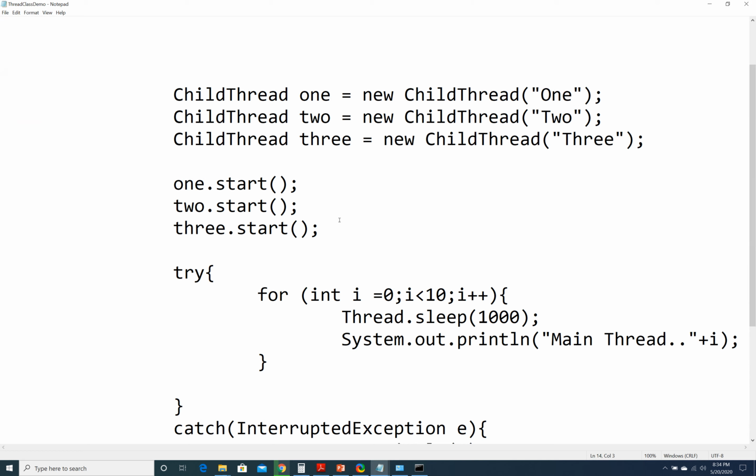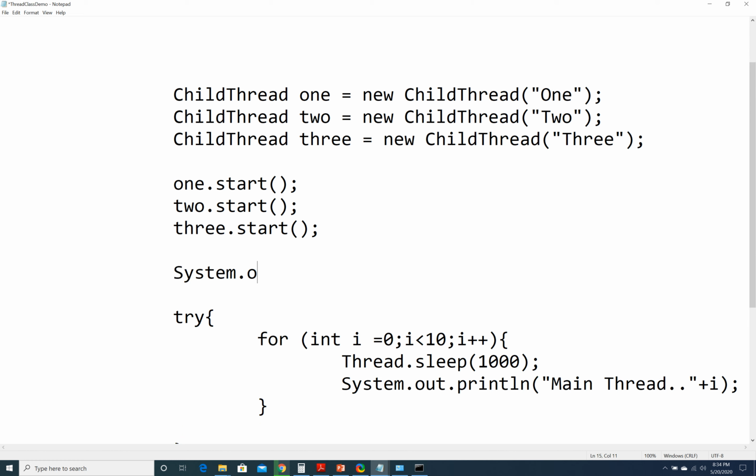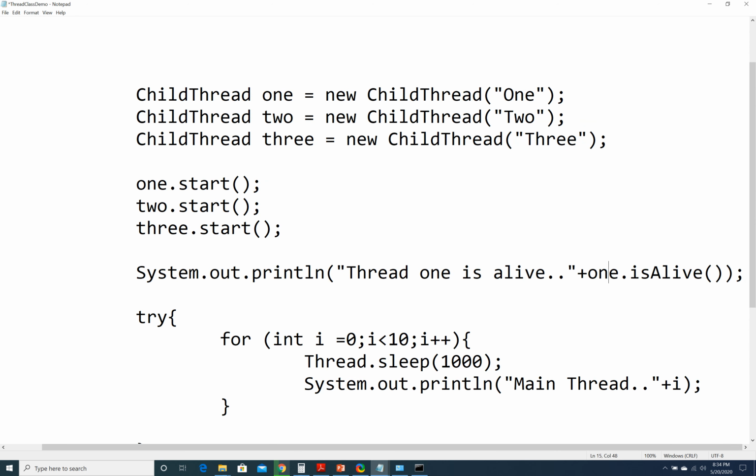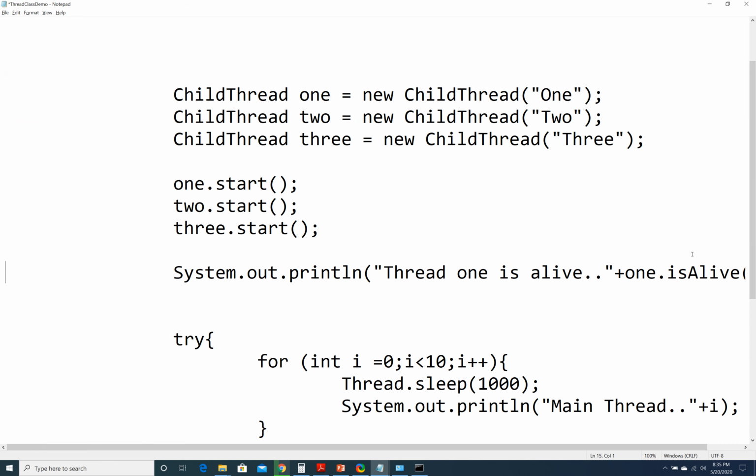Let's use it first. You can see here we are starting all of them. If I write here System.out.println, I say thread 1 is alive, right? Let's check if it is true or false. So I can write here t1.isAlive. We call this method isAlive on the reference of the thread, right? This method is actually coming from the base class, the Thread class, and we are calling the method isAlive. If it is alive, it will return true, otherwise it will return false. Obviously, because we are calling it here,